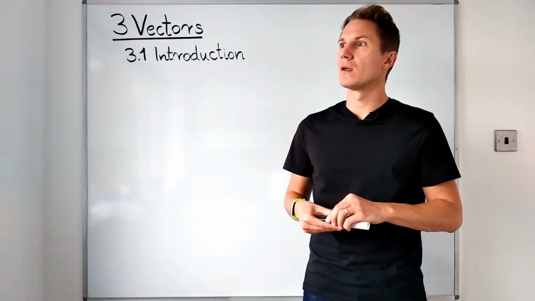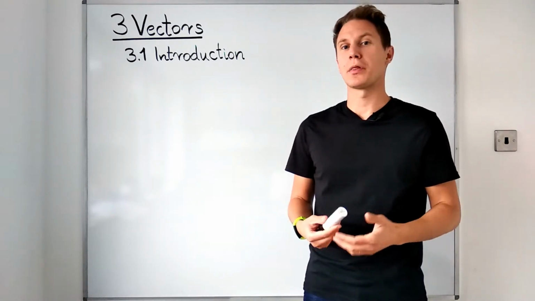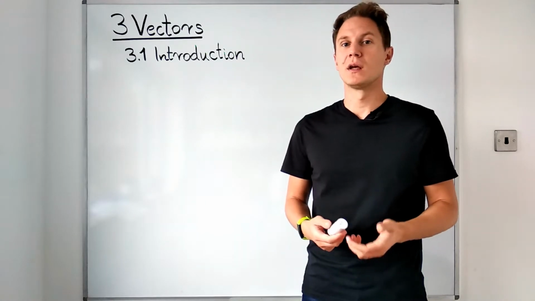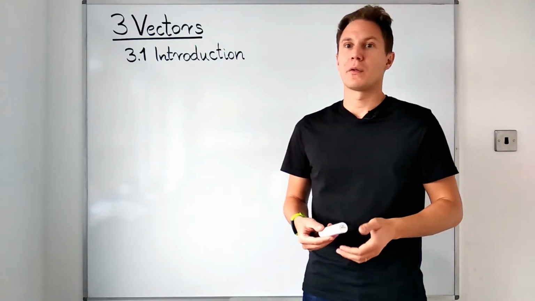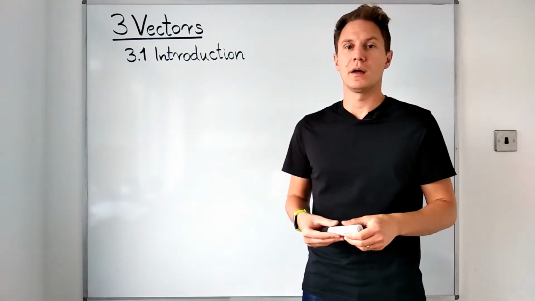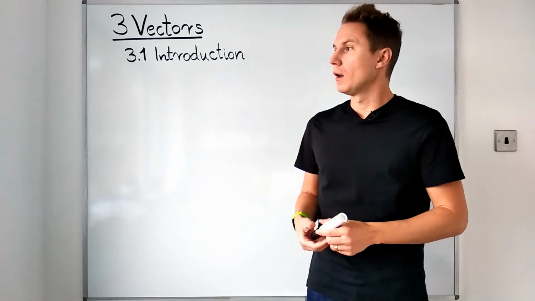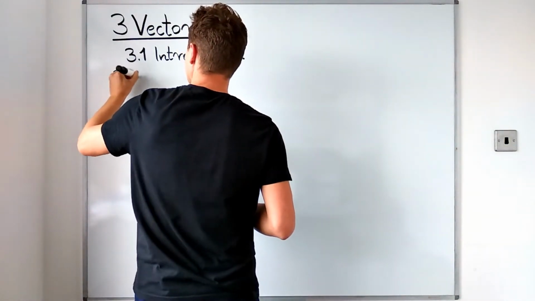But of course, not all quantities are vectors. Just think of the mass of an object, which is specified by a single number, or think of temperature, again just a single number. It has no direction. So let me just write it down that by definition,